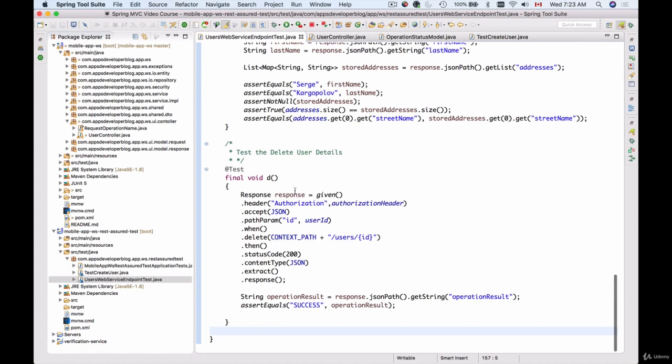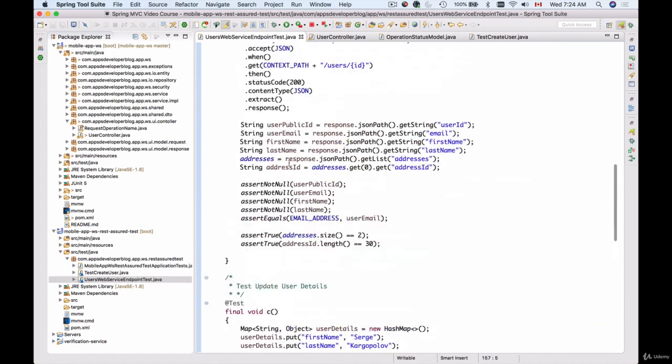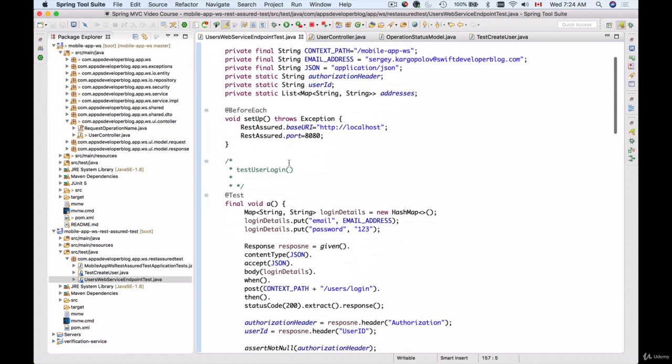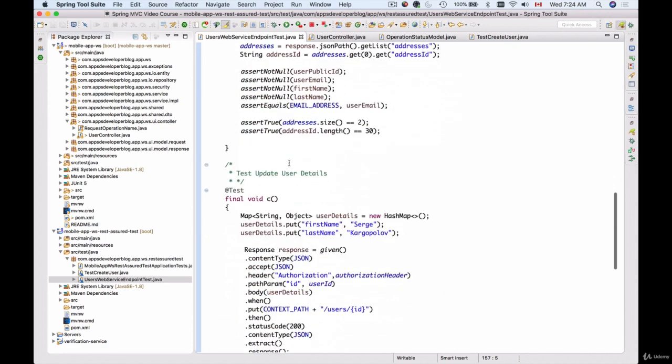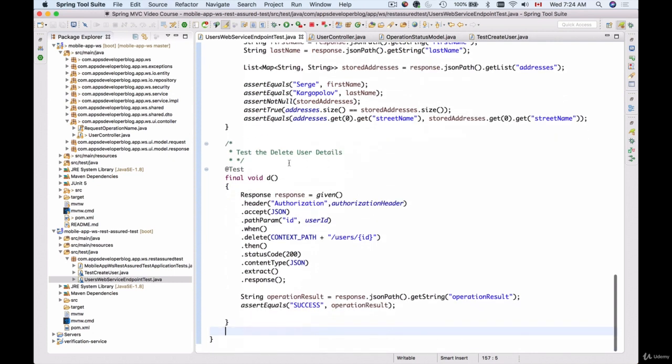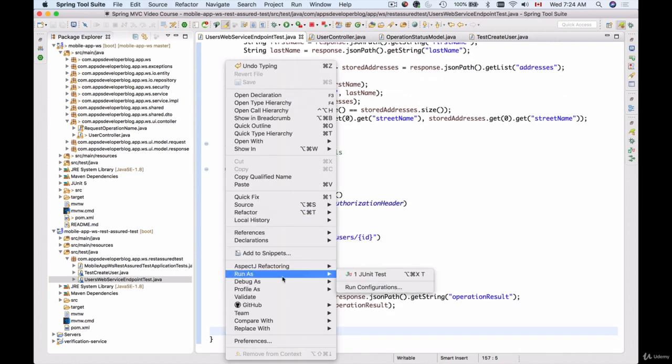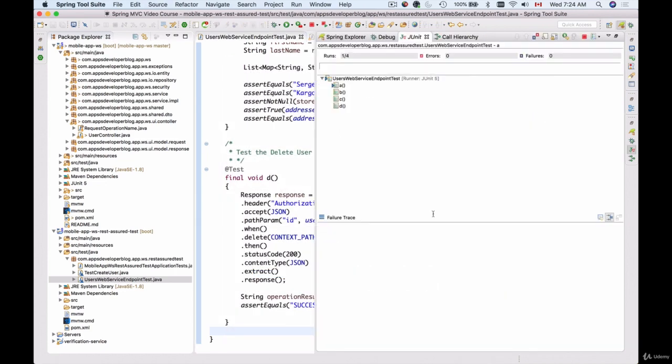I will open up my test class that contains all my test methods. It contains user login test method, it contains get user details, update user details, and finally we will run the delete user details. So let's run all of them. Run as JUnit test. Method A, B, C, and D, all of them are successful, and this means that user